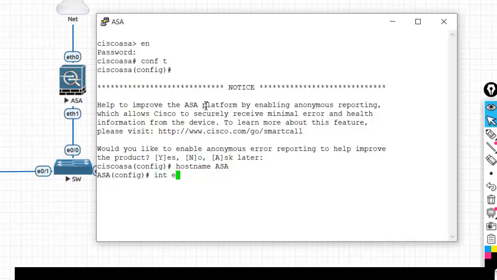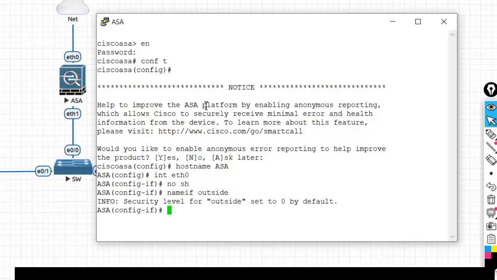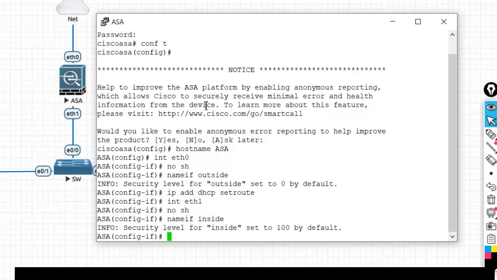We will configure our outside interface, that is ETH0, with DHCP. We will use the interface IP for ETH1, that will be 192.168.112.4, as we have used the IP .2 on ICE and .3 on the switch.